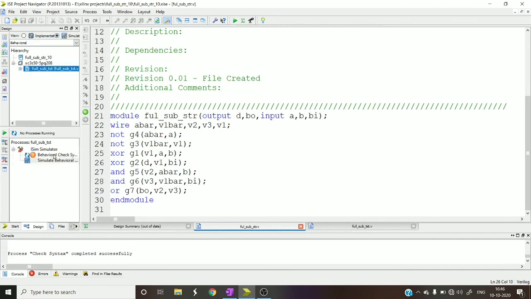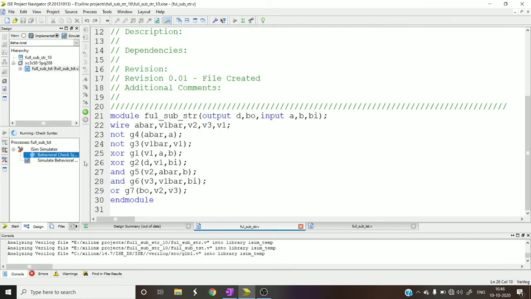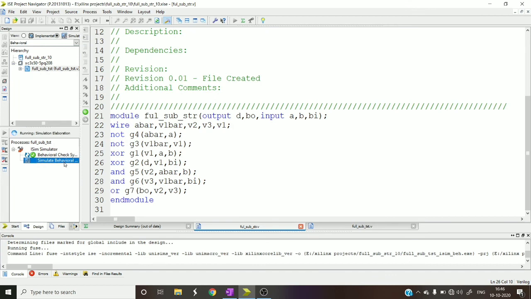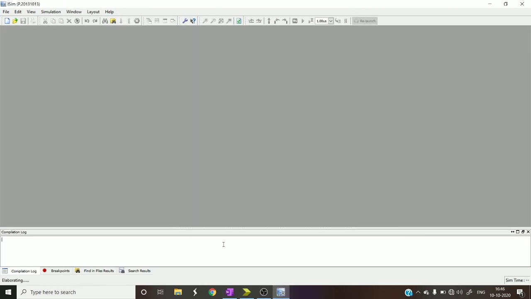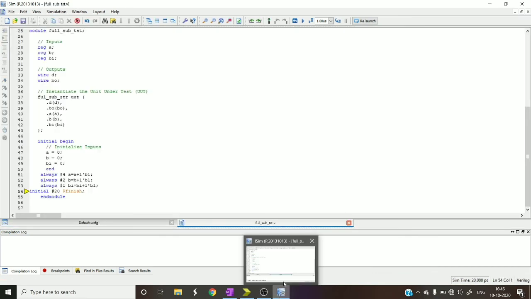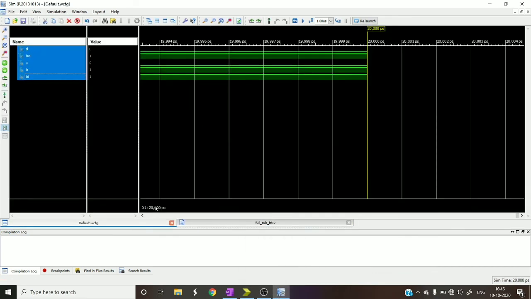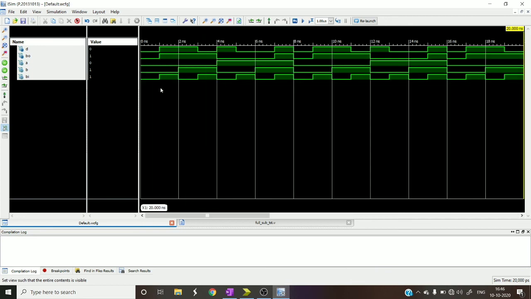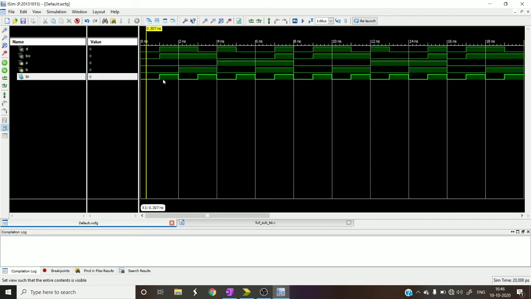Okay, see, committing errors will make you learn the mistakes that you're making, so that you will be careful in writing the Verilog codes next time. Okay, so I'm not checking them before, I'm just writing the code and checking the results along with you. Now it's fine. Now you can see all the possible input combinations and you can verify with the truth table. If it's all 000, then difference is 0, borrow is 0.